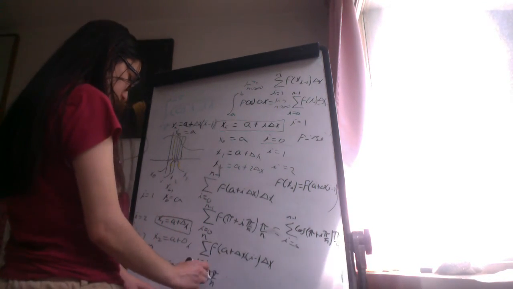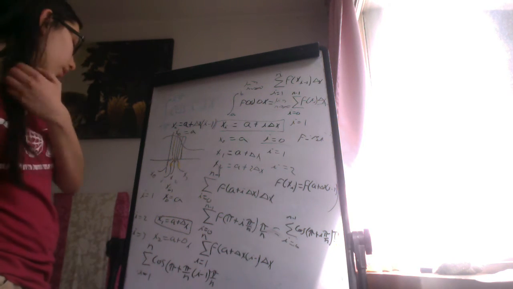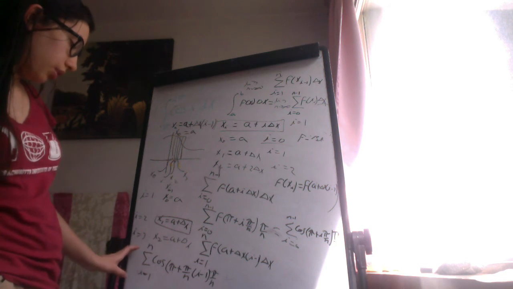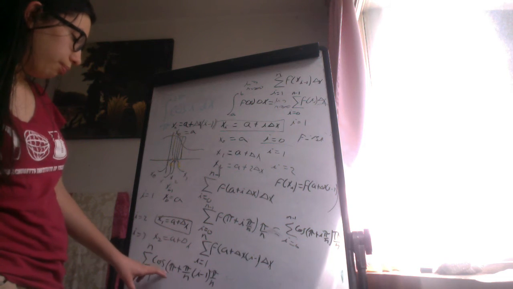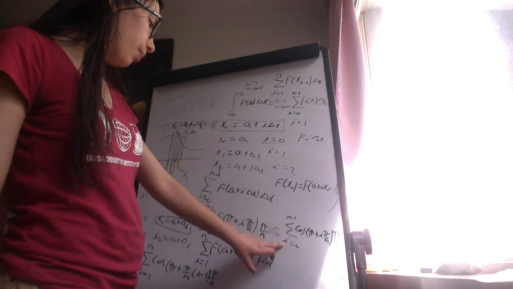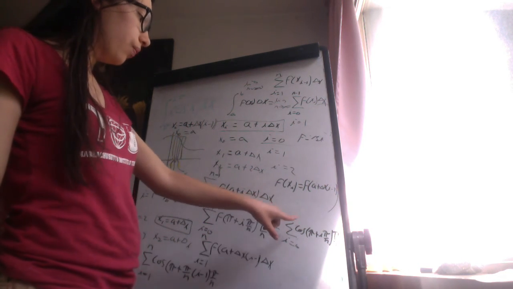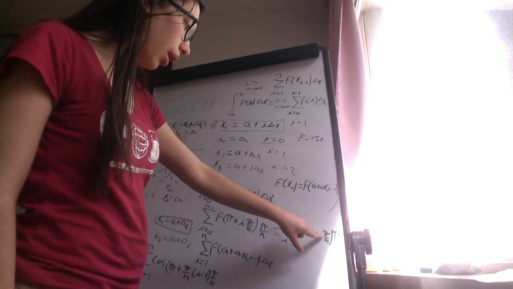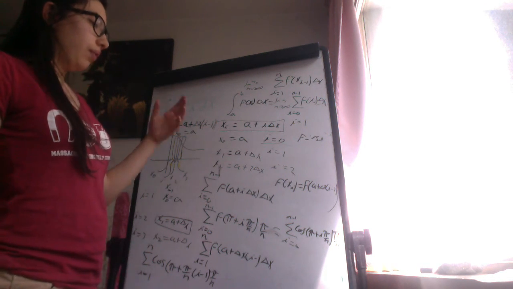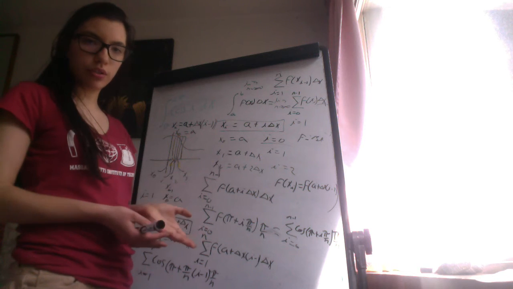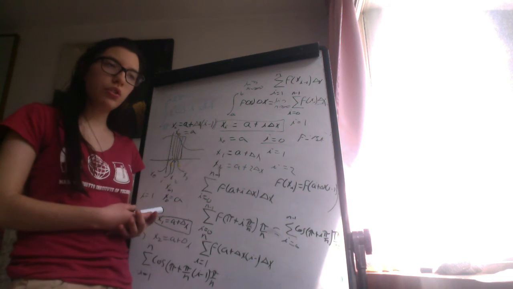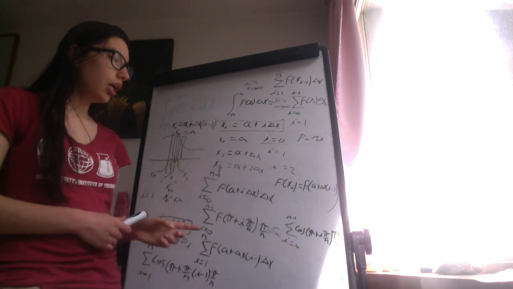So this can be written as the left Riemann sum: the summation from i equals 1 to n of cosine of pi plus pi over n times i minus 1, times pi over n, or the summation from i equals 0 to n minus 1 of cosine of pi plus i pi over n, all times pi over n. So we have two ways of writing the left Riemann summation, the same as two ways of writing the right Riemann summation. We did this with the right Riemann summation in the previous video, and if you compare,